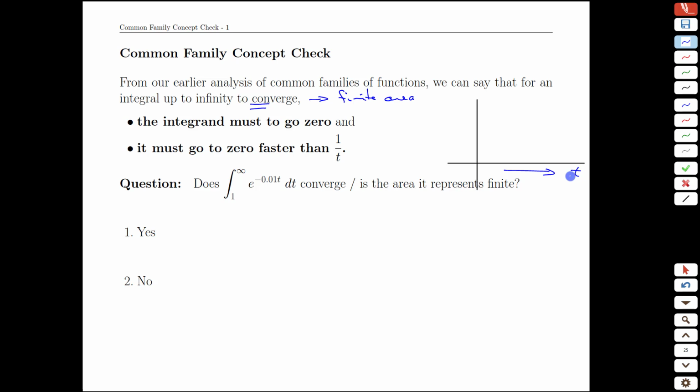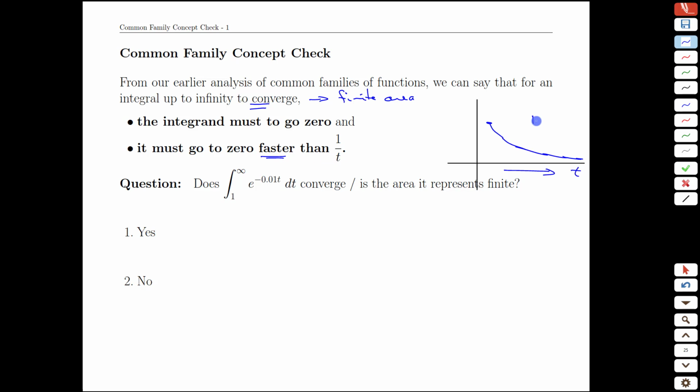If we're talking a function of t, if we had a function that went up at all, then the area would certainly be not finite or infinite as we get further and further to the right. So we have to have an integrand that goes to zero. But it's not sufficient to have that. We have to have that, and in addition, it has to approach zero in a way that's somehow faster than